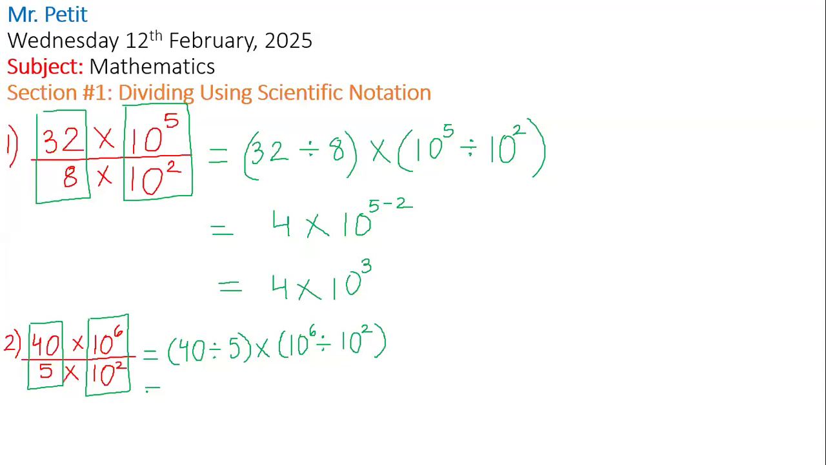You're going to divide the 40 and the 5. What is 40 divided by 5? Eight. Multiplied by, remember, if we have the same base, we subtract the powers, right? So it's going to be 10 to the power of what? 6 minus 2, which is 4. Very good. It's going to be equal to